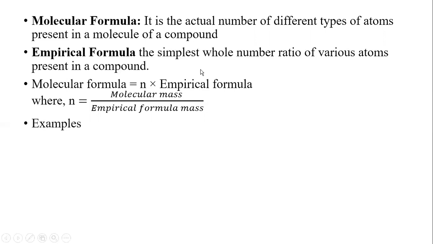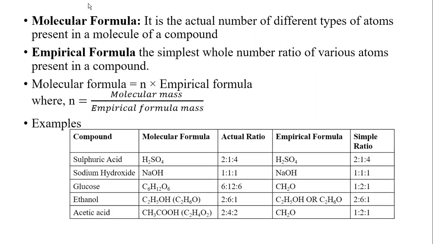Let us understand the molecular formula and the empirical formula with the help of examples. Suppose we have the compound sulfuric acid. The formula of sulfuric acid is H2SO4. The ratio of hydrogen to sulfur to oxygen will be 2:1:4, because two hydrogen, one sulfur, and 4 oxygen are present in the formula. So we will get the ratio of all the elements as